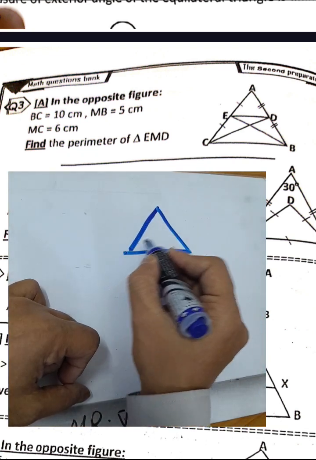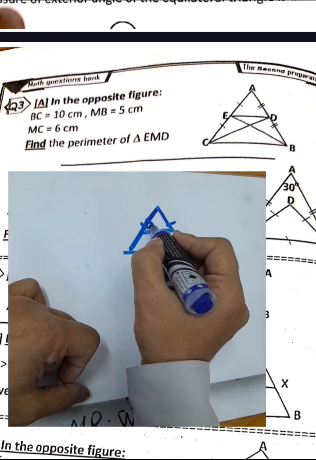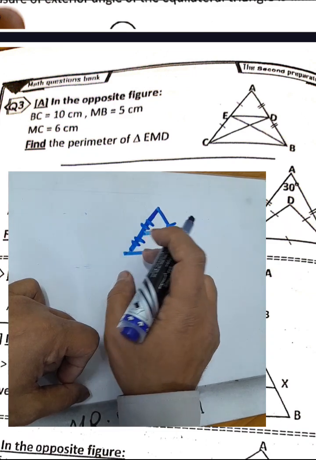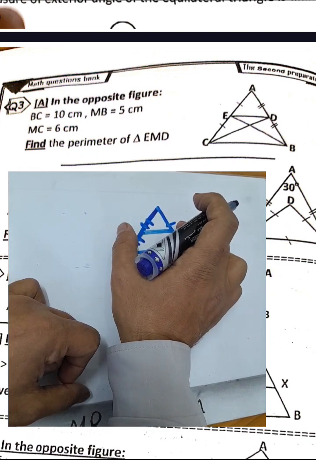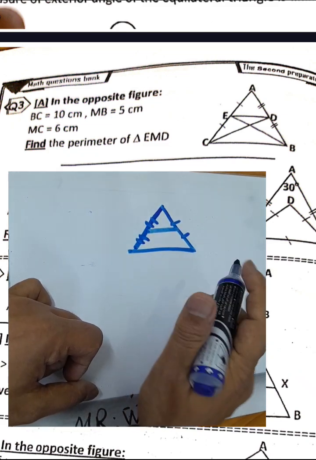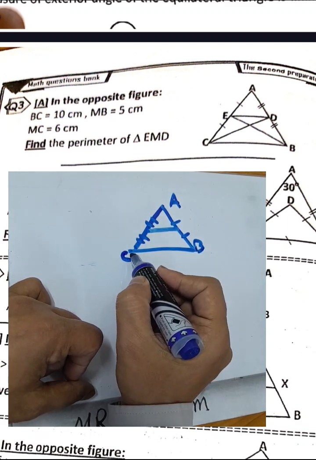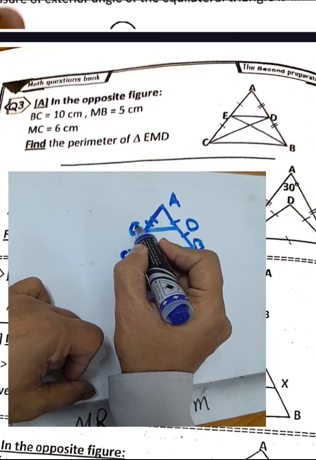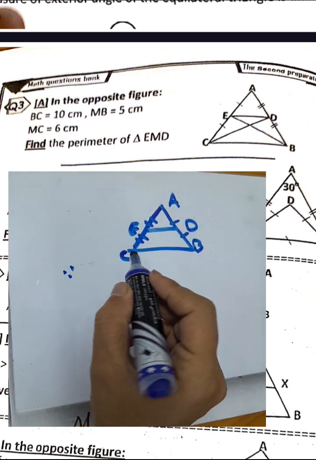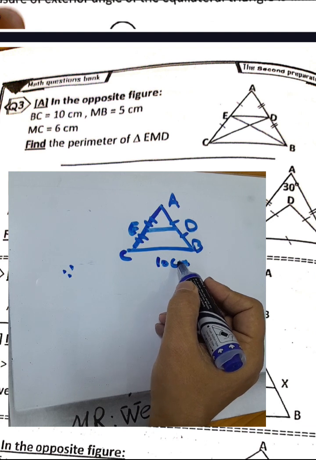If we join the midpoints of two sides in a triangle, then this segment will be parallel to the base, and it will be half the length of the base. Here we have E, B, C, and we have D and E. In this example, he gave us BC was 10 centimeters and MC